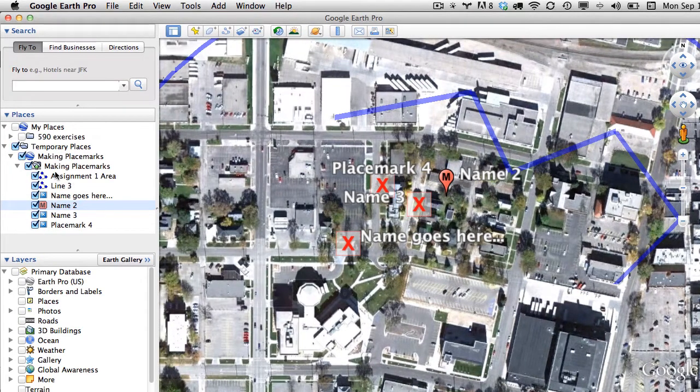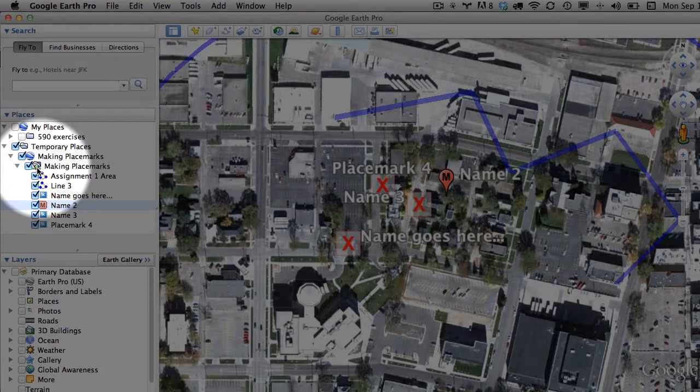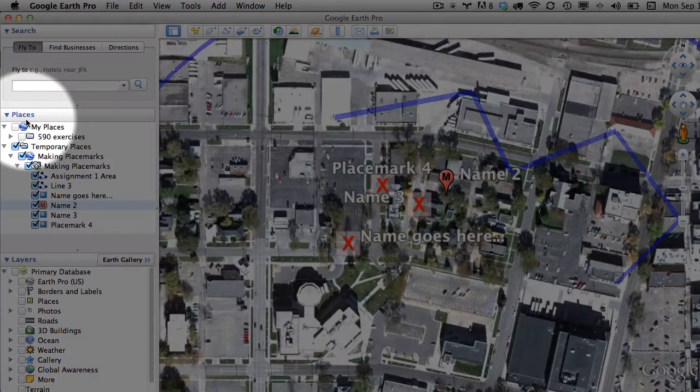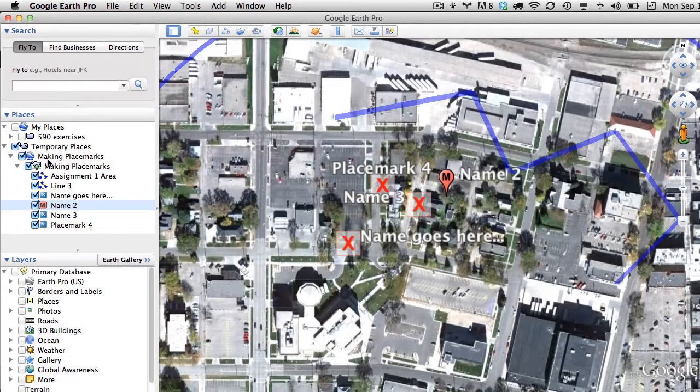But this is very important. See this little icon over here with that little kind of green dot and that line? That's telling you that this is a network link. Because we created this with essentially a cloud-based service, this is all living on a server off of our computer. So even though we're under My Places, and I told you this generally is stuff that exists on your computer, that's a little different because that is a network link that is existing somewhere else,